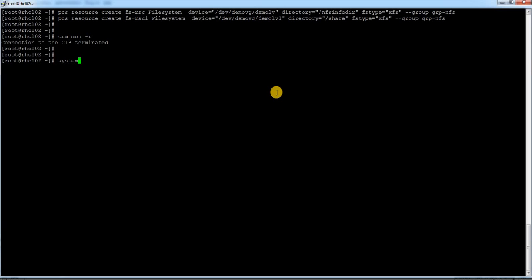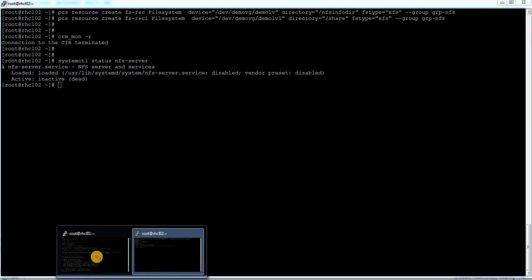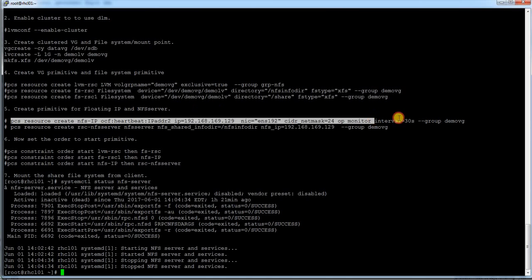Let me check the same thing on the other node, status nfs-server. Here I can see the same thing, it is not started, right? So this primitive is going to ensure that. Let me just create them one by one. So this is my primitive,